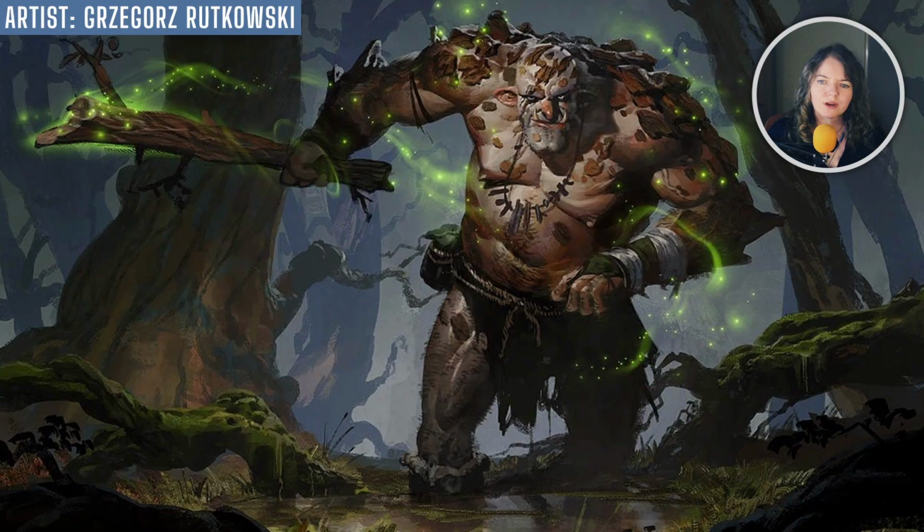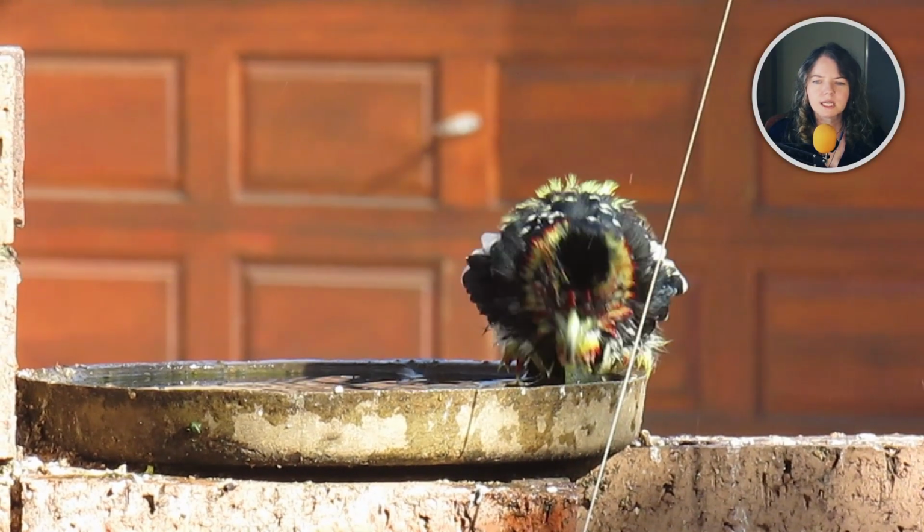Here's one by Greg Rutkowski. He's really pushed the atmospheric perspective, so there's a very clear separation of foreground and background. It makes the creature immediately readable. And for this exact same reason,